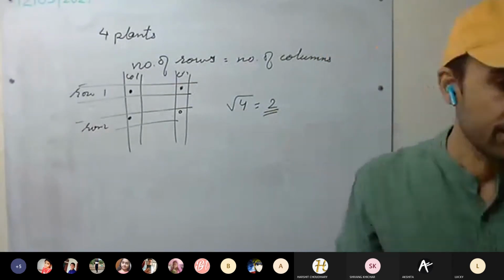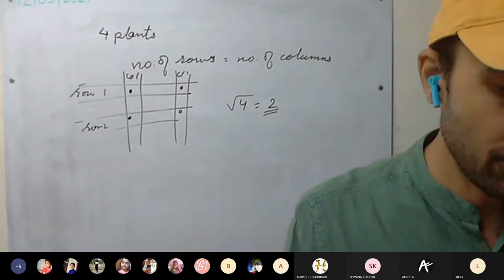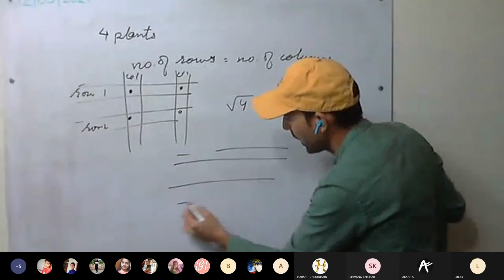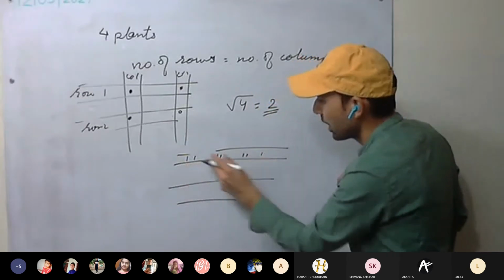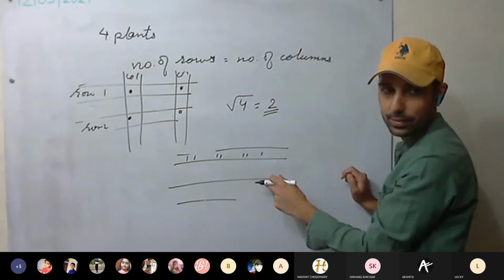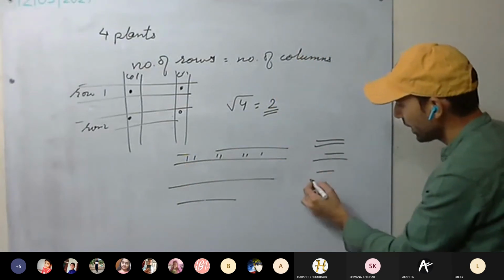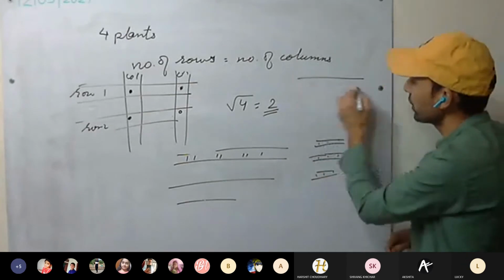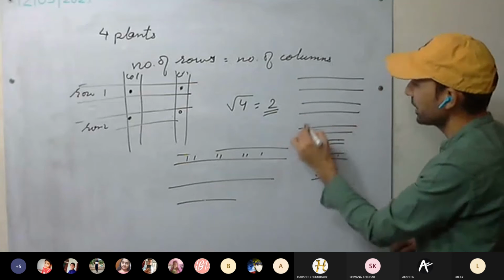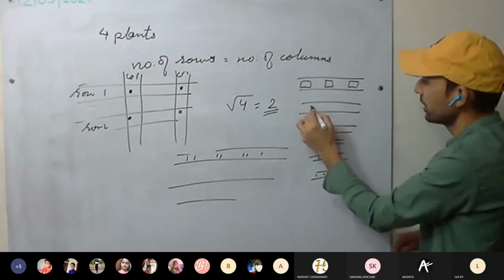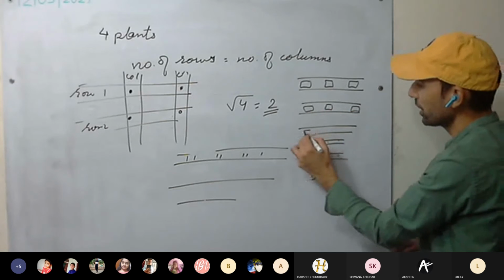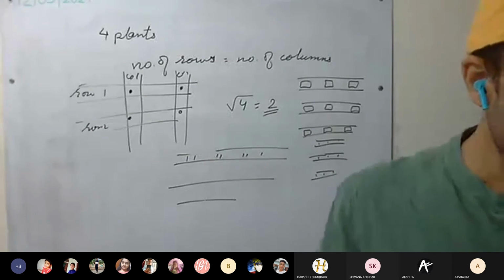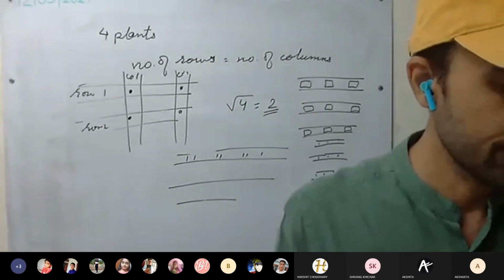If it is given in an auditorium, the number of rows is equal to the number of chairs in each row. If 3 rows are there, then in each row we have 3 chairs. If 4 rows are there, in each row 4 chairs. It means we have to calculate the square root of 2304.